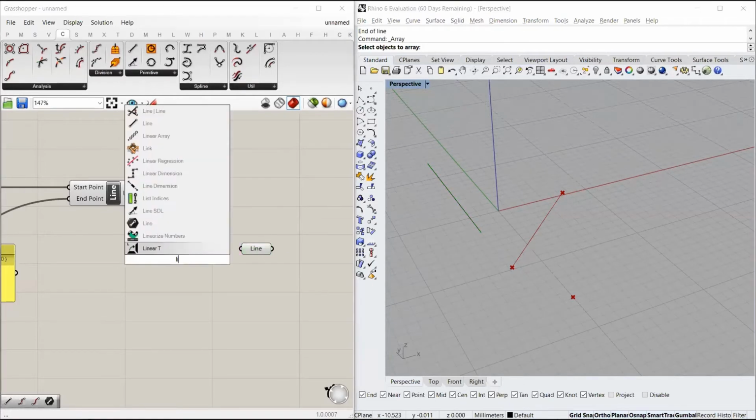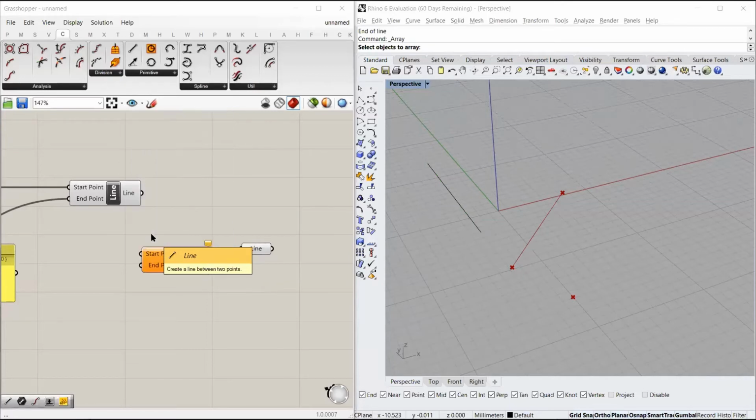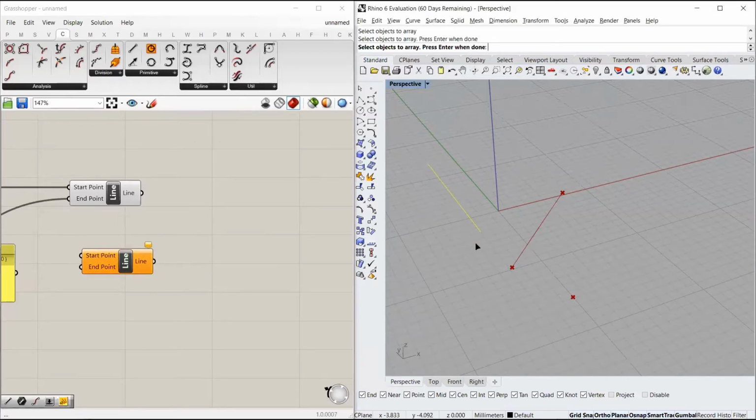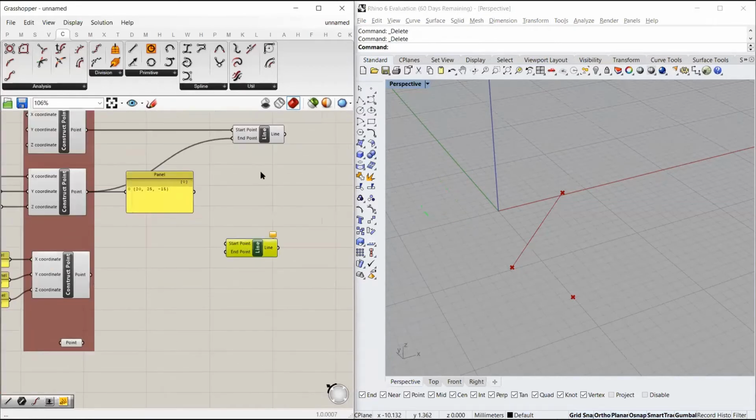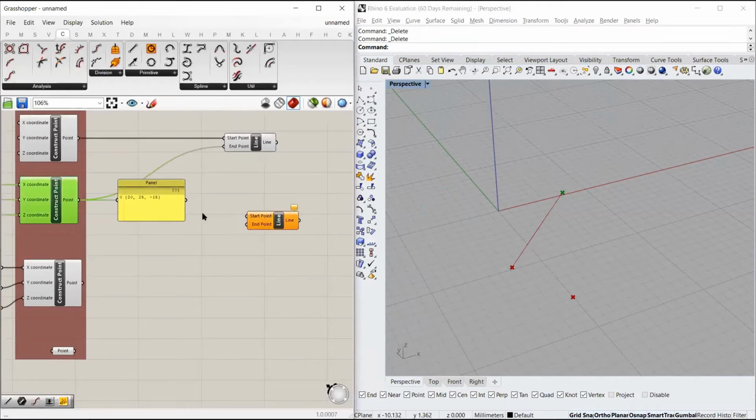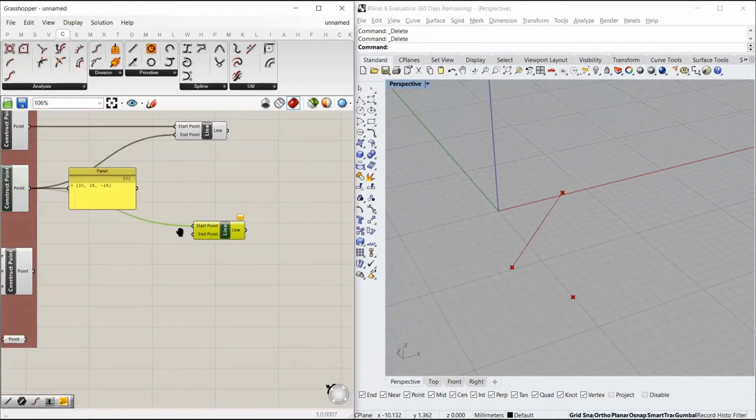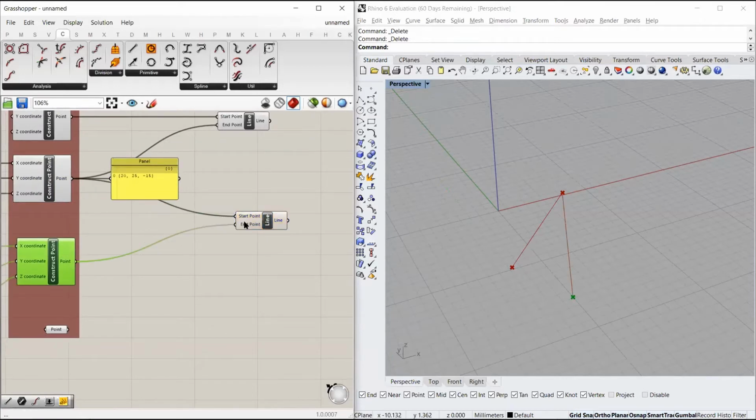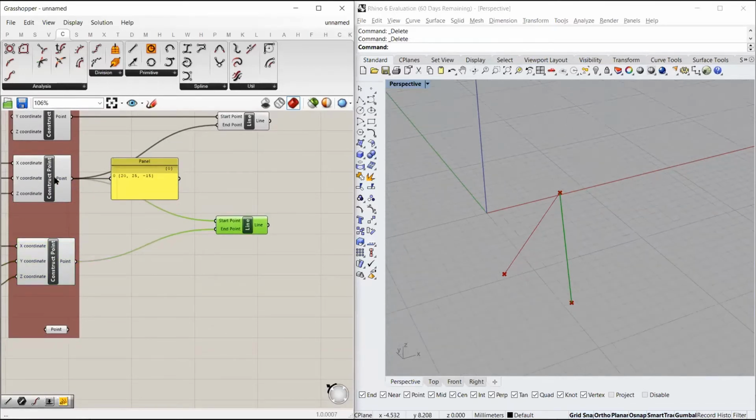But to create a line, you need to choose this. If you hover your mouse over the components, you can actually read what that specific component does. So this component creates a line between 2 points. So we can choose this option, delete this for now, this as well. Now suppose we want to make a line from this point and this point. You see it made a line from the first point to the third point.